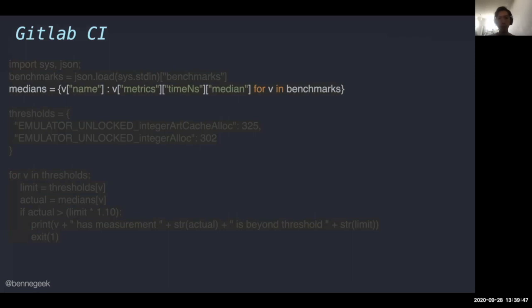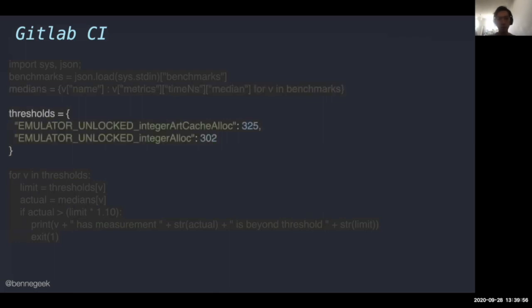After this, you will have a dictionary of the test names and the median result of the benchmark. And then this is where you need to put the thresholds that you want. You can run it the first time, get a result,